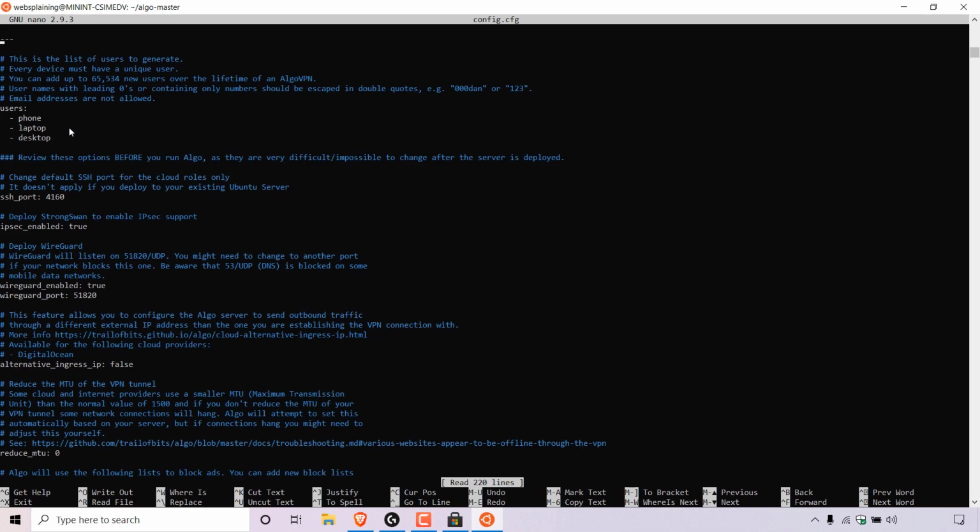For me, guys, I have a Windows computer and an Android smartphone. I'm also going to be adding a third user, and that is for my friend called John. To add users, use the navigation arrows here to get down to where it says phone. Delete what's there, guys, so I'm just going to do that now and replace it with your username. So for me, guys, I'm going to be calling it websplaining-pc. For the second username, guys, I'm going to be deleting laptop here. I'm going to be calling it websplaining-android. And for my friend John, guys, all I'm going to be doing is deleting the word desktop here and